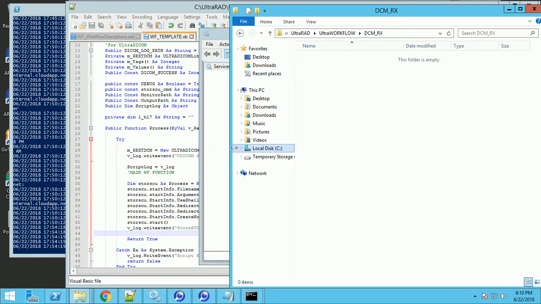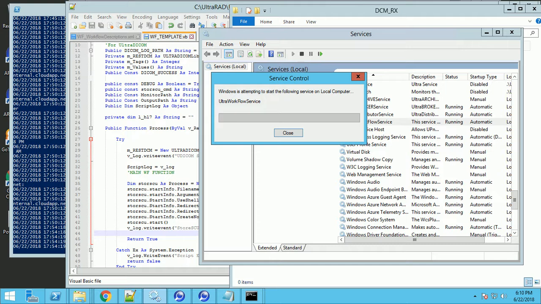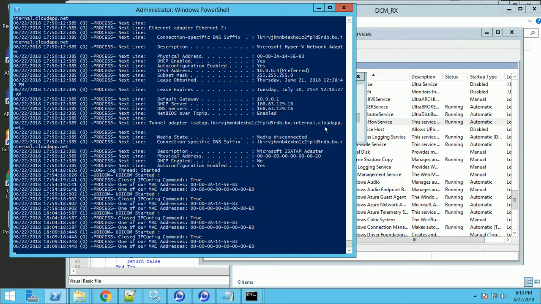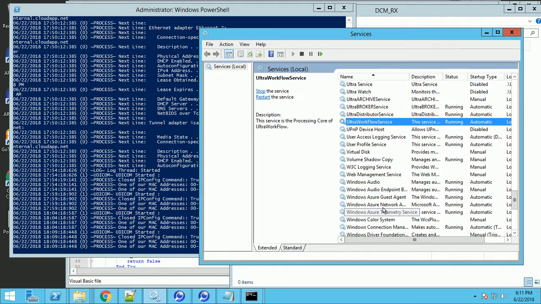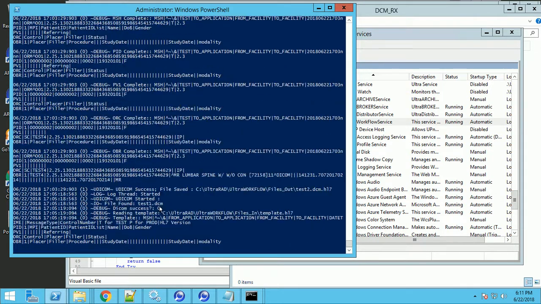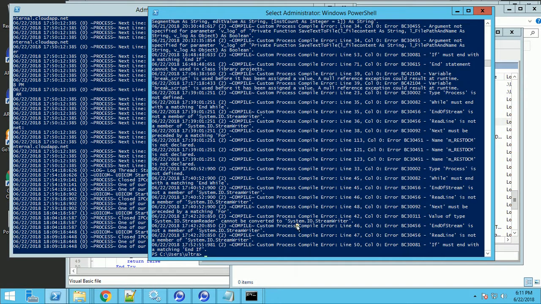That way, if it worked, we'll see it show up. Still waiting for it to start. And I don't see any new log lines here, so I'm going to check over here and see if we